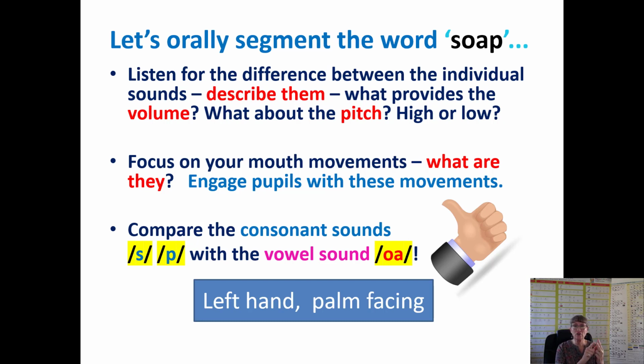These two consonant sounds are really very quiet. The pitch is really very, very high, and if children have got hearing difficulties or glue ear or the room is noisy, you're going to end up saying "S", but it's not "S", it's "S-O". So the pitch of the vowel sound is low and loud, and then the P is just a little explosion. So very, very different, and it really is helpful to try to get good at saying sounds as purely as